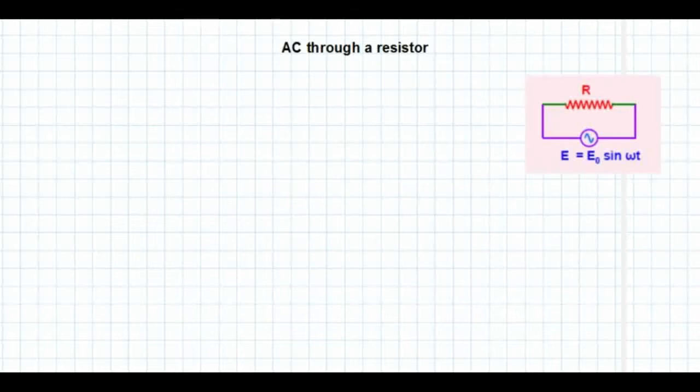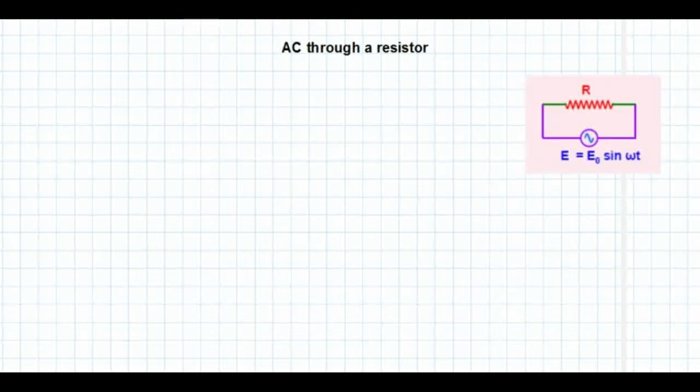Welcome back to the second part of alternating current. In the last class, we have seen that in the case of AC, the EMF is instantaneous. That means the EMF varies with omega t. So how will such an AC current flow through a resistor? That is the next part we have to discuss. So, AC through a resistor.